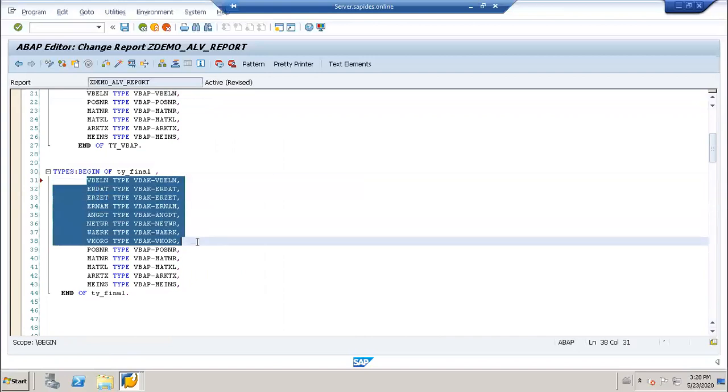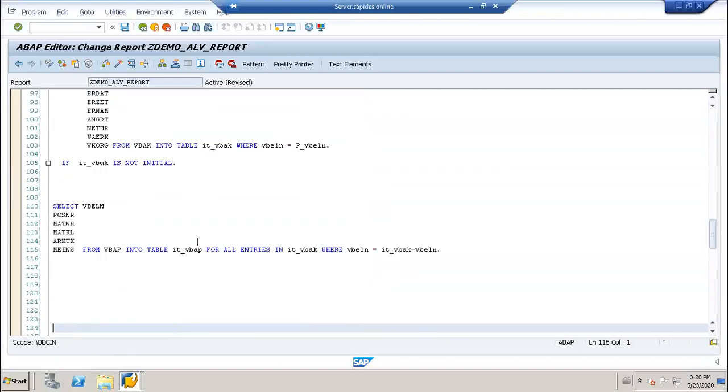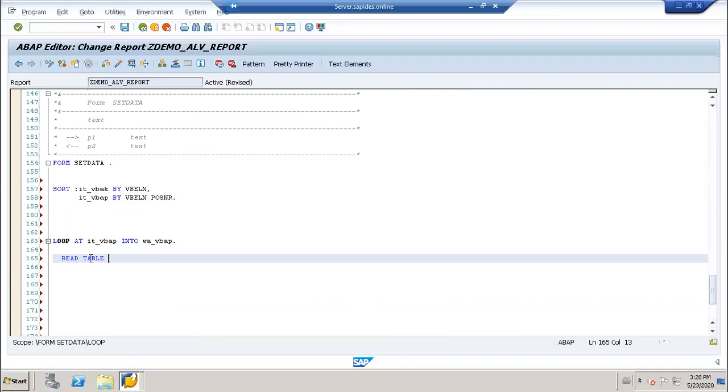I will explain everything. So here, I use read table IT VBAK into VBAK with key. What is my key? It is VBAP.